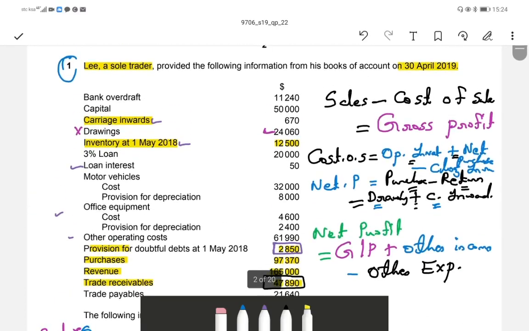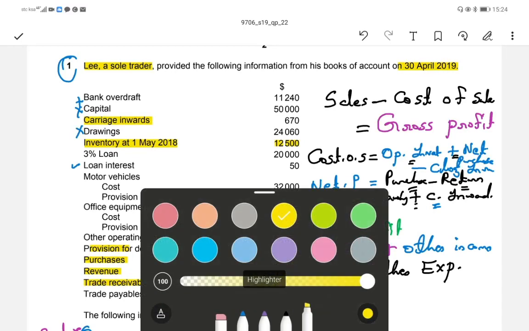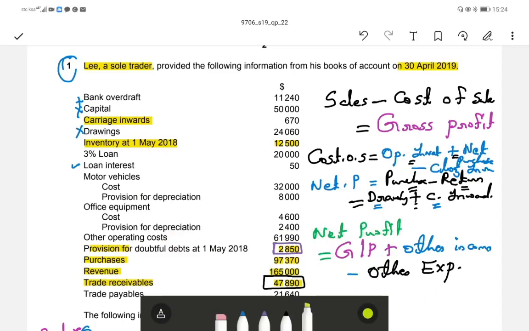So expense here: bank overdraft, capital, no income, that is in the balance sheet, drawings balance sheet. 3% loan interest will do, but after the other expense. Loan interest is coming after the expense, so depreciation also coming after expense only. Yes, operating, other operating cost